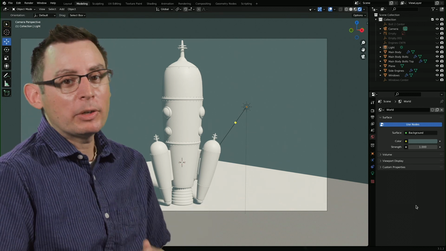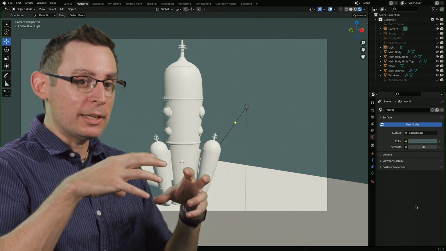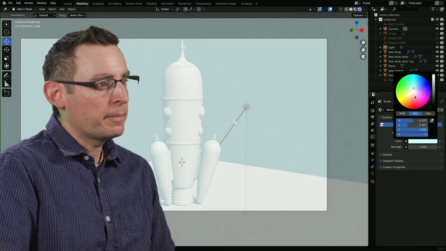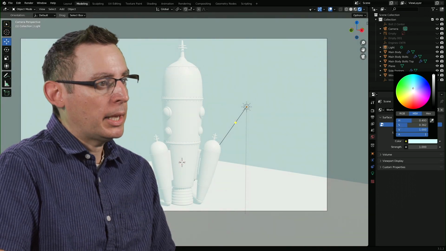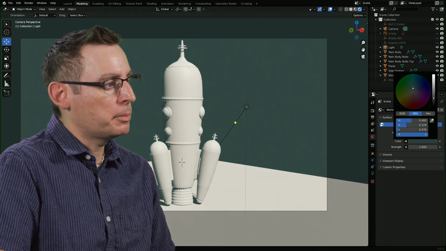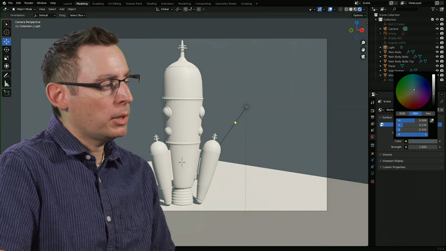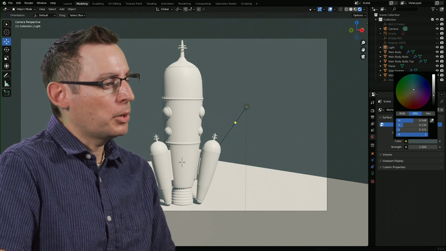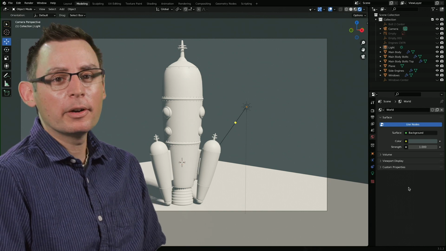The cool thing about the rendering engine inside of Blender is that the background is beginning to tint our foreground. So having a real nice color in here is a super helpful thing. Maybe a lighter shade of blue. Not like that bright. It's going to have to be pretty dark still, so we have separation between the foreground and the background. But a nice shade of blue is going to go a long way. And that's how we make a simple little exterior render of our rocket ship.